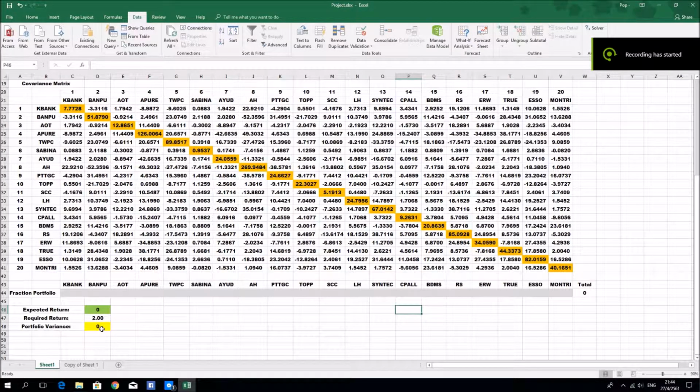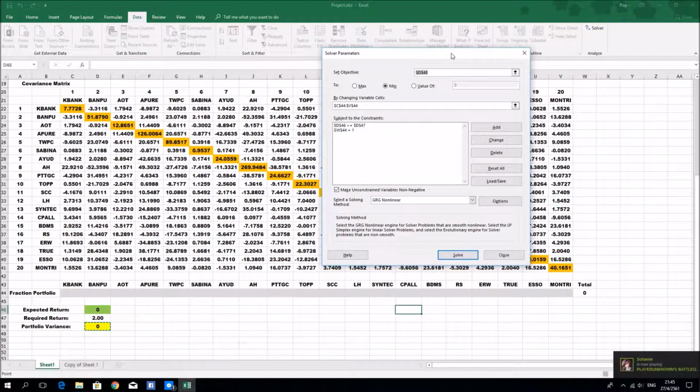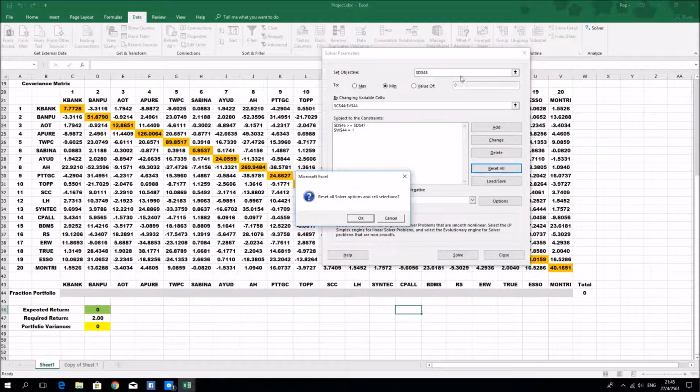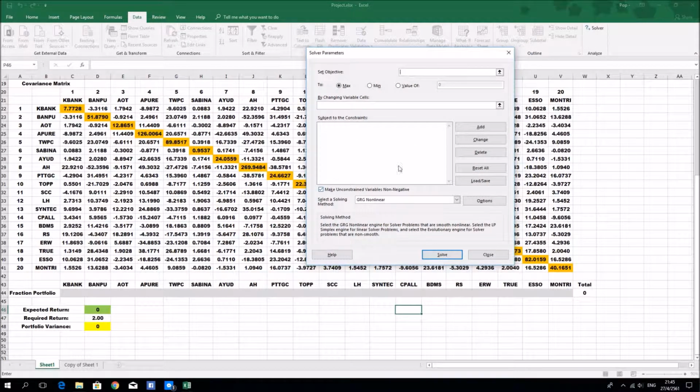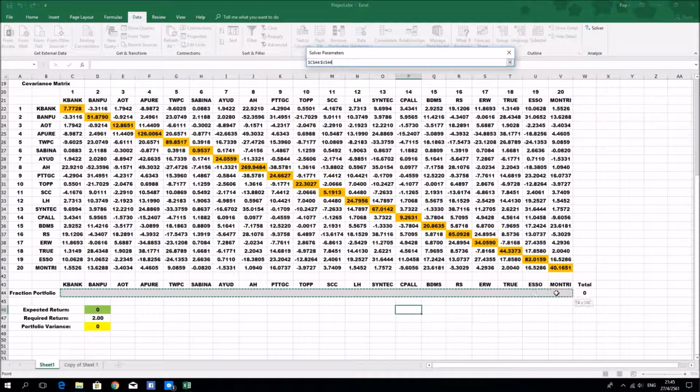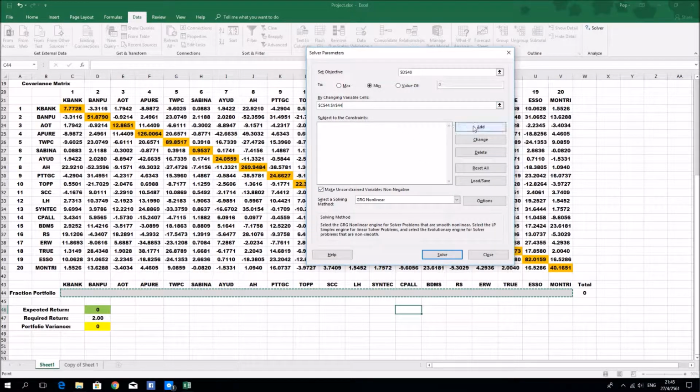After we put in the formula for the portfolio variance, our Excel is now ready to use the solver function. To go to the solver function, we first click Data, then go to Solver. Then this will pop up. Let me do this to show you that we can get the answer. I'm going to hit reset. We're going to set the objective function as the portfolio variance, which we are trying to minimize, by changing the fraction of portfolio, subject to the